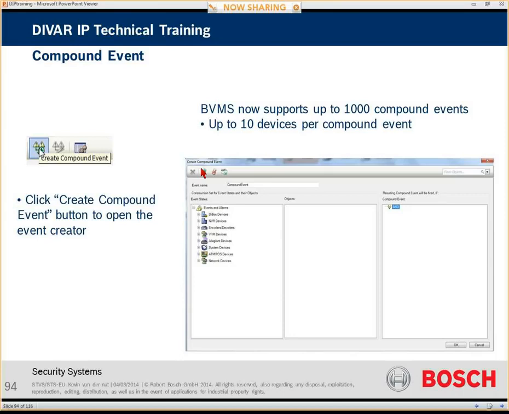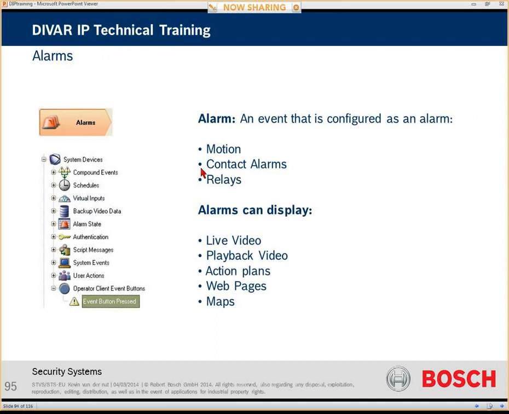So if we have set up our event and made it available in a schedule, we can move on to actually setting up our alarm. This is where we set up the specific actions to be taken when an event triggers an alarm in the system. Some of the things that an alarm can display would be live video, playback video, an action plan, a web page, or even a site map that we have made available in the system before. So if we look into how we do this,